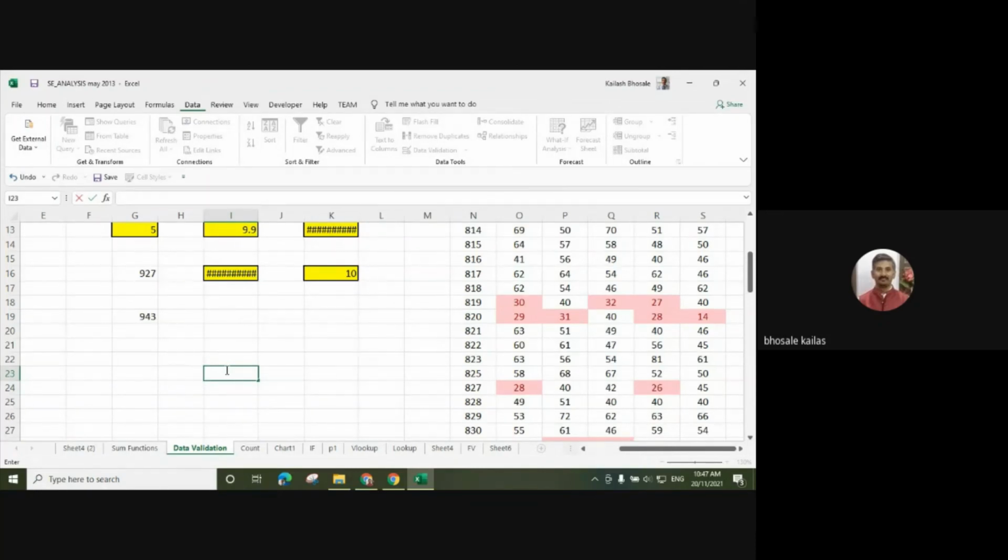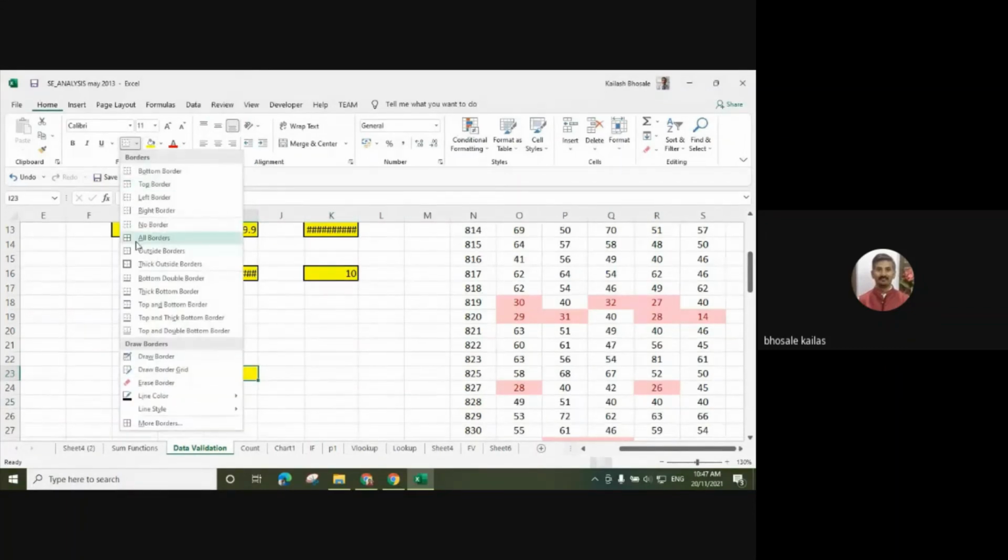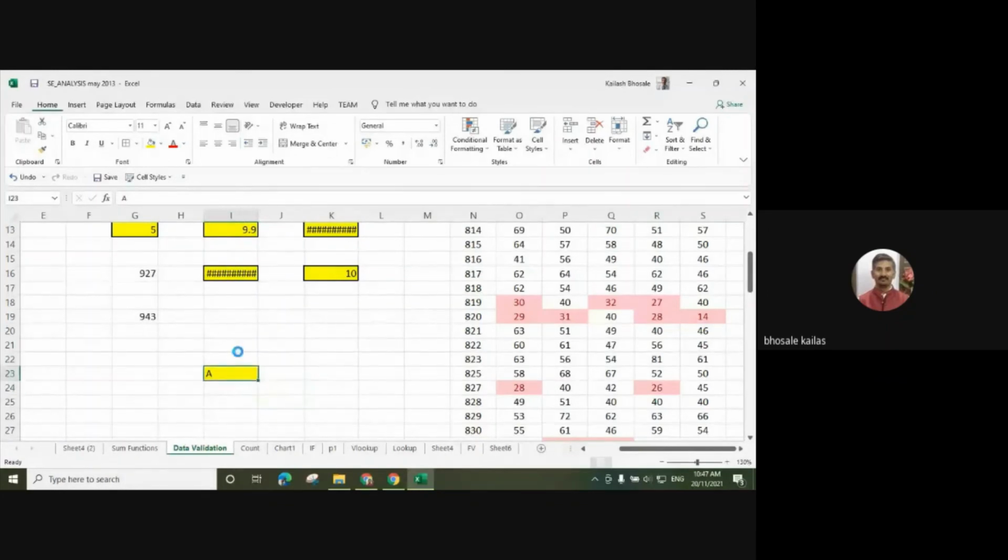And by mistake I have pressed some other character like A. When I press A here, instead of a number from 0 to 100, I should get some error message. So how can we set that error message?